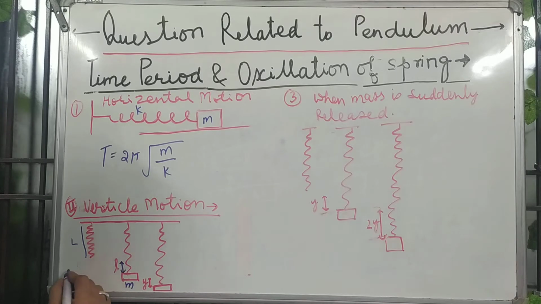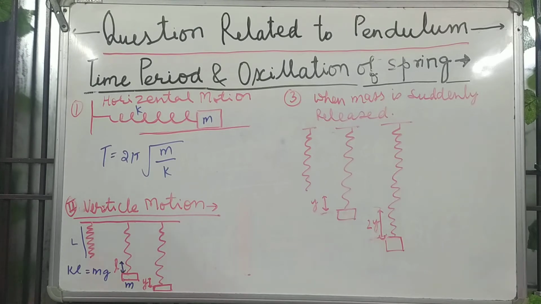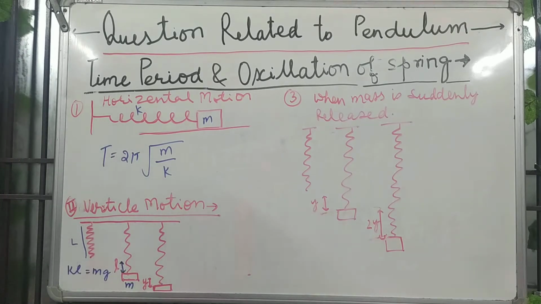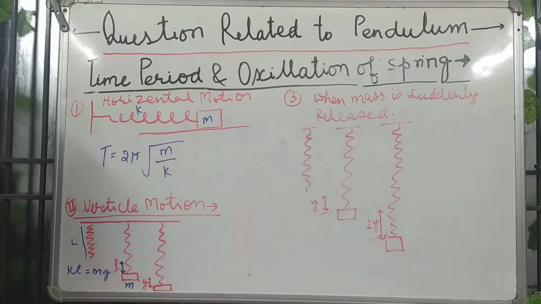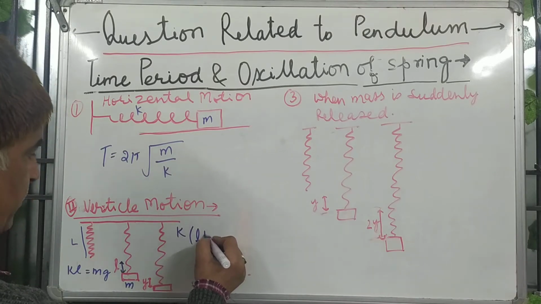So in this restoring force kL equals mg. So mass m equals kL by g, you can find from over here. And when it is slightly released, so gently it is falling and it comes in equilibrium state at this position. And let now further extension be y. So in this, k(L plus y).